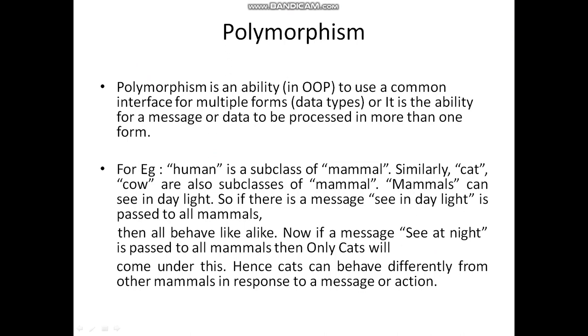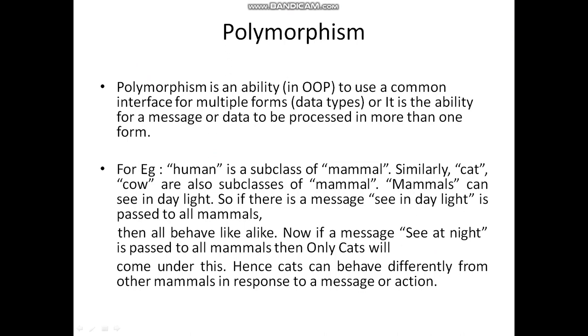Every mammal can see in the daylight, but if I give see at night, then only cats will come under this, which means that cat is responding in 2 different ways, which is see in daylight as well